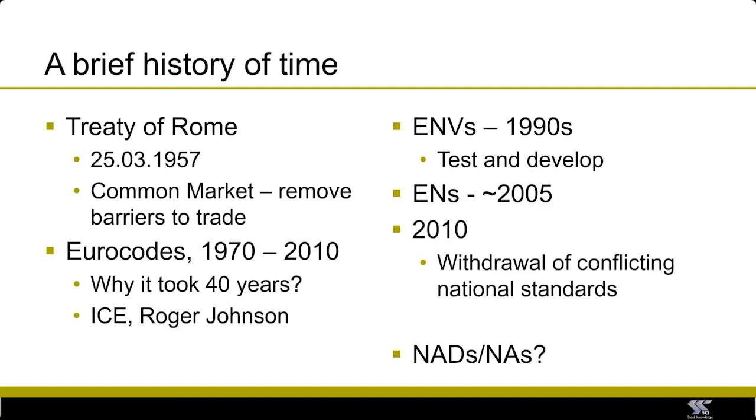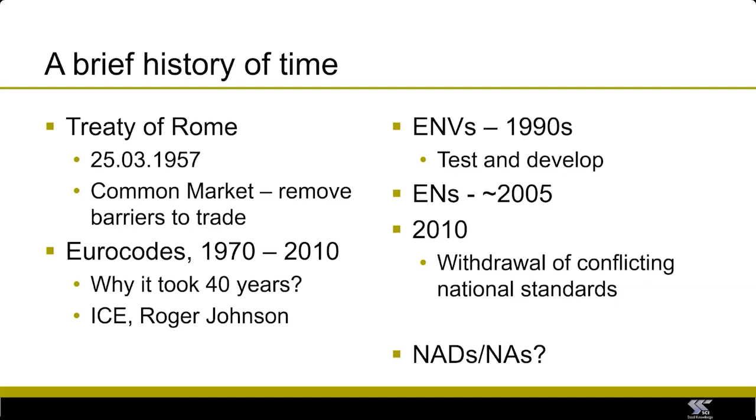And that national annex can tell you what decisions to make about certain parts of the code that are open to debate. And it can also change things like resistance factors, gamma factors. And the reason for that was because although there was a dream that everybody would be doing exactly the same thing, in reality, in different countries, there are different regulatory requirements for levels of safety. And that was an area where people just couldn't go.